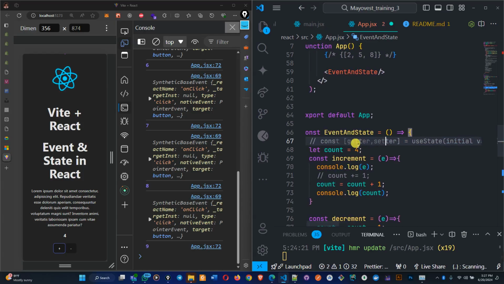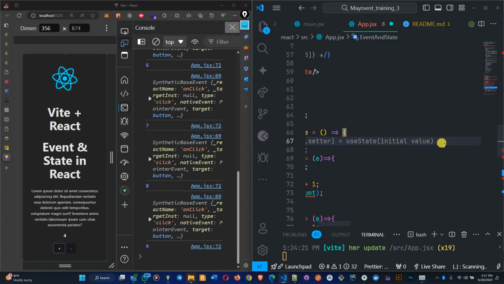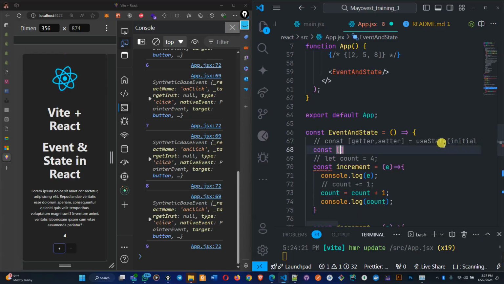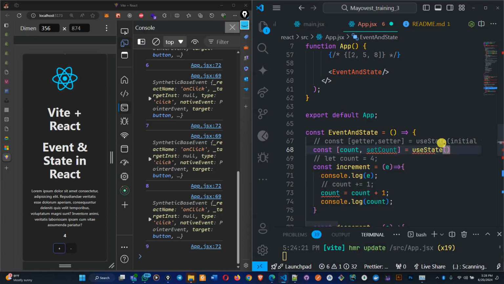So you have a state where here you are going to declare your variable, but this one is a getter, while this one is a setter. But we have the pattern we use to declare our variable. So here now, instead of declaring the variable like this, what you use is your state. In the state, it's going to be like this: const count, and you are going to have setCount. Look at the way I call this stuff, because this thing is very important. It's not so much that I use the name like that, but that you are going to be using a lot of